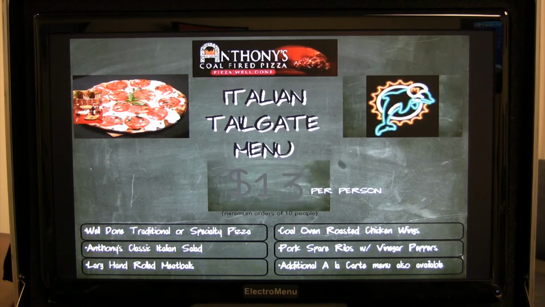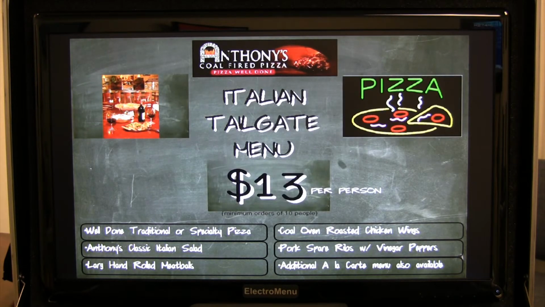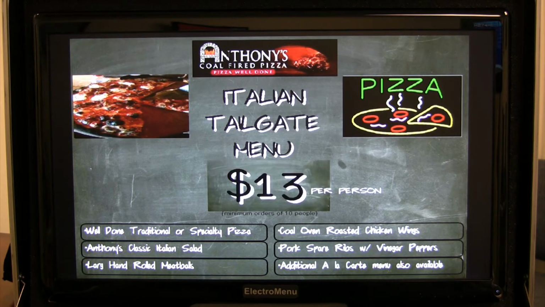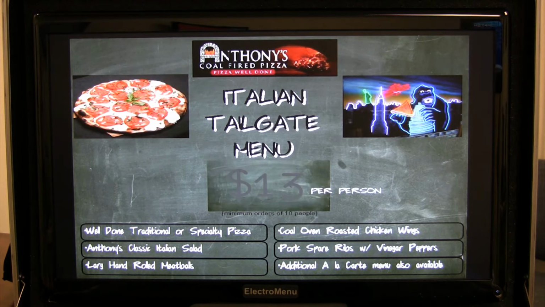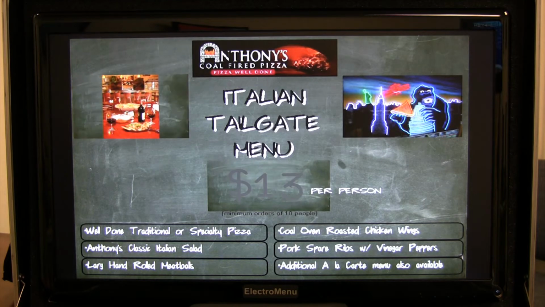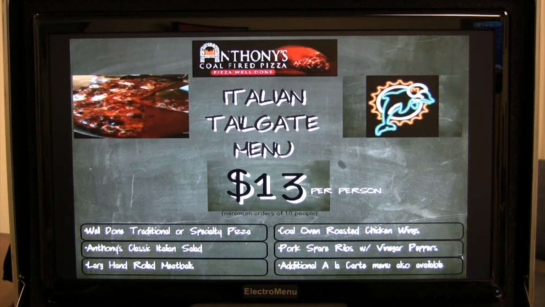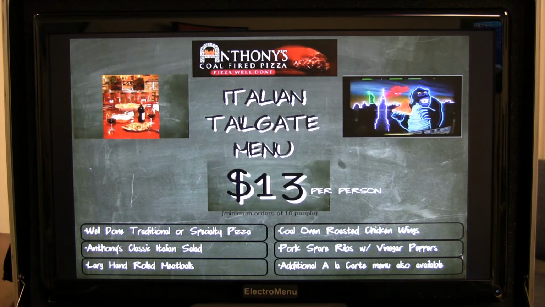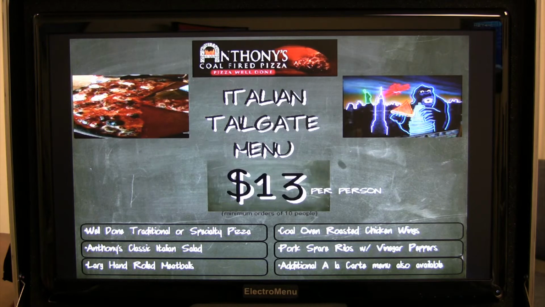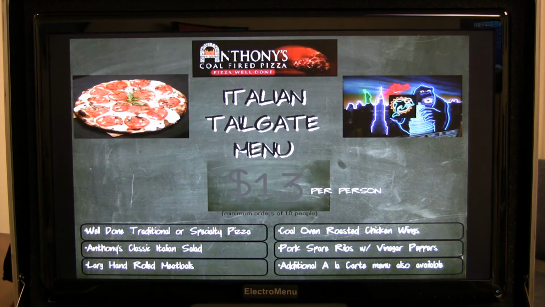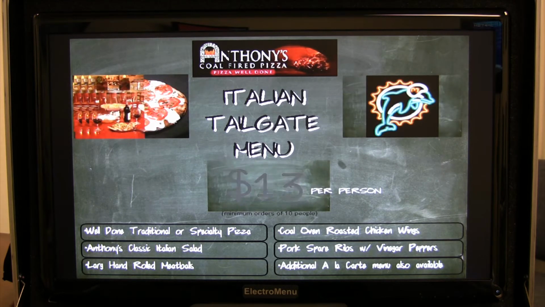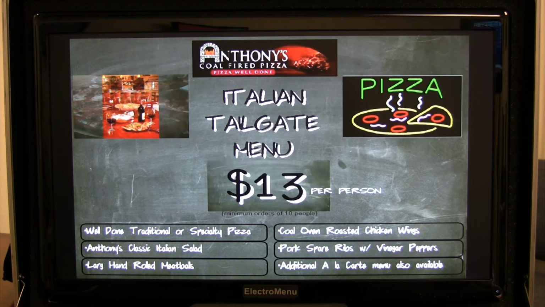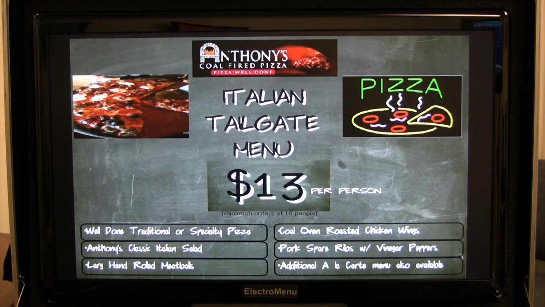So once you decide if you want to move forward with our electronic menu boards, what you're responsible for in the process is you supply the televisions. So we would spec the type of televisions that you need, and it's up to you to purchase what size televisions you want. You would also be responsible for having the televisions mounted and the cabling done. Basically, a Cat5 cable will run from each television back to your office